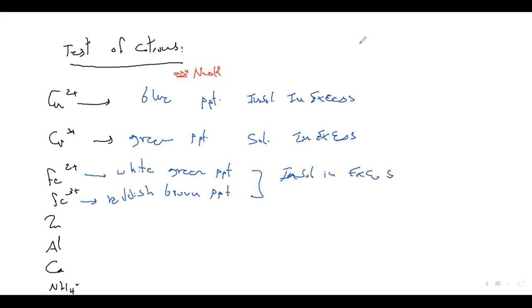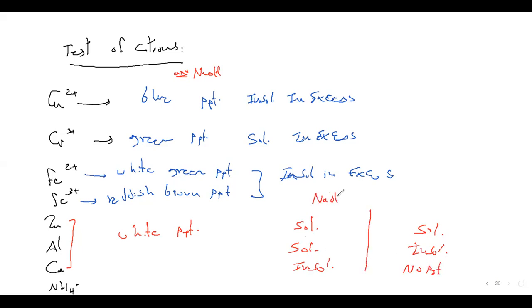Zinc, aluminium, calcium, all of them are white precipitate. But the difference is in case of zinc, soluble, soluble. Aluminium, soluble, insoluble. Calcium, insoluble, no precipitate. There's a difference between aqueous sodium hydroxide and aqueous ammonia, because all of them are white. So again,